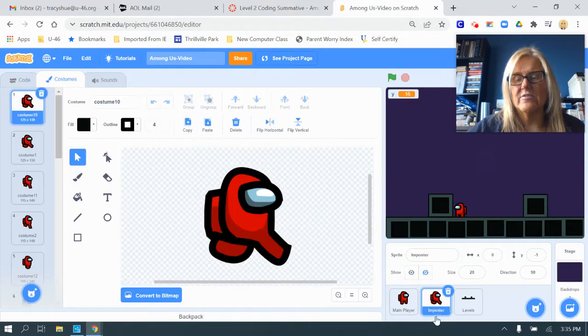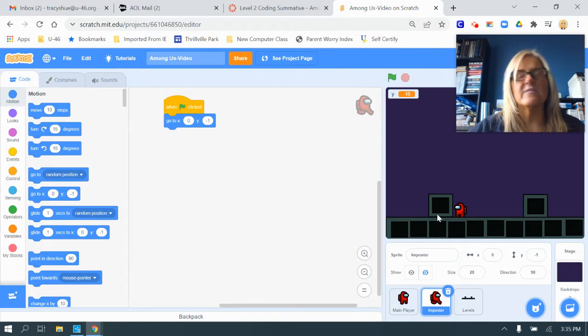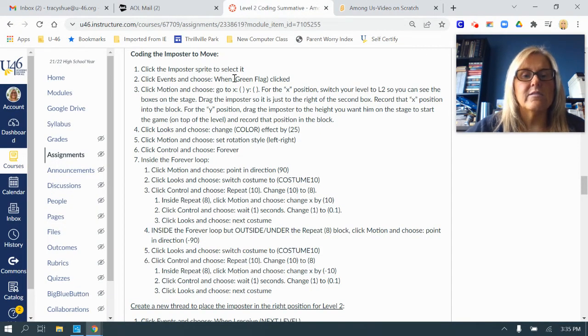So I'm going to click on the imposter. I'm going to go back to code in the top left corner. And let's go back to what we were doing. All right, so we click the imposter. Okay, so for the exposition, switch your level to level 2 so you can see the boxes on the stage. So make sure you do that. Drag your imposter so it's just to the right of the second box, and then we're going to record that